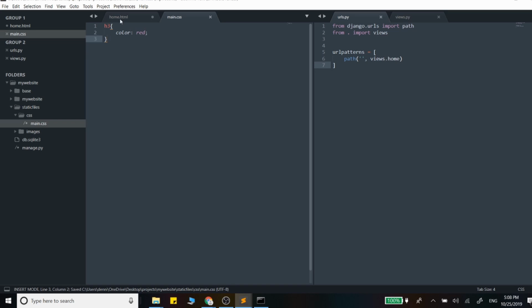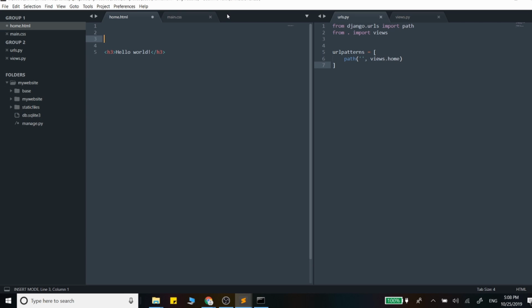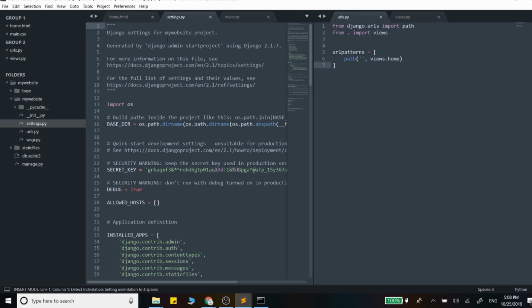And at this point, this page knows nothing about this CSS file. And so instead of just running a direct path to import this, we're actually going to do this a little bit more dynamically. So we need to finish up some configuration in our settings.py file to let it know about the new static files folder we created, and then I'll show you how to import that. So in the settings.py file,